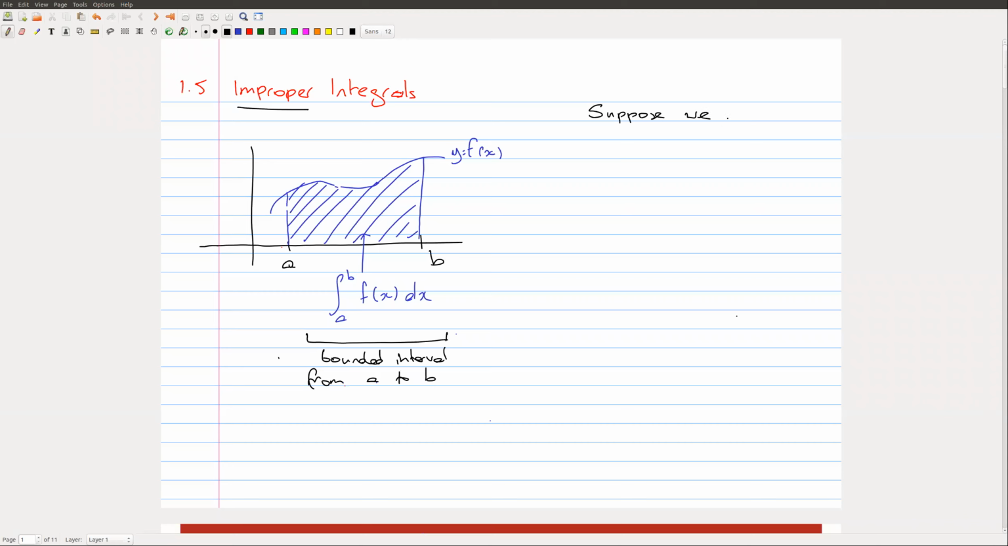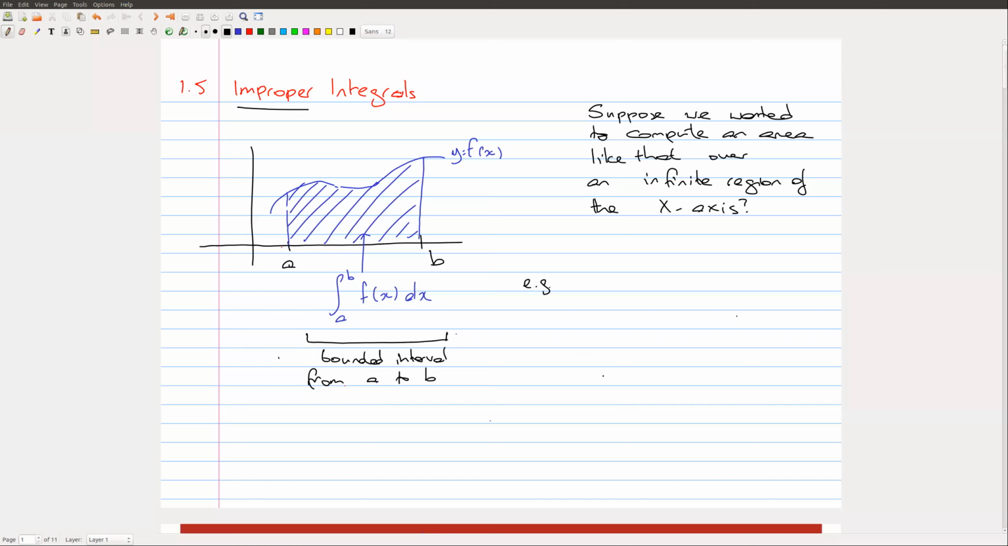Suppose we wanted to compute an area like that over an infinite region of the horizontal axis, that is, the x-axis. Does that make any sense? So what do we mean? Well, for example,